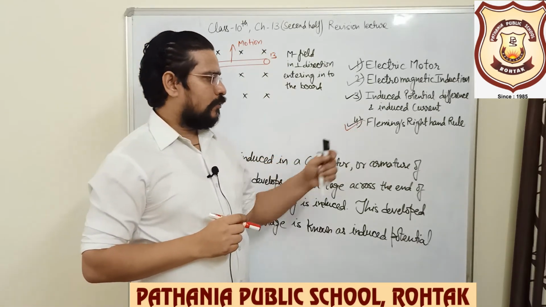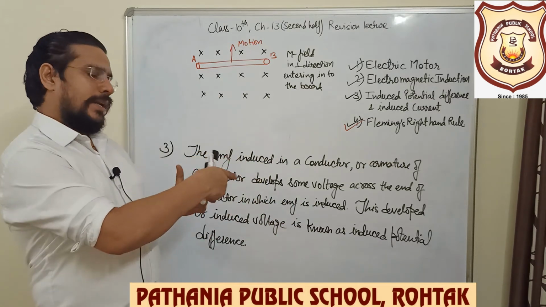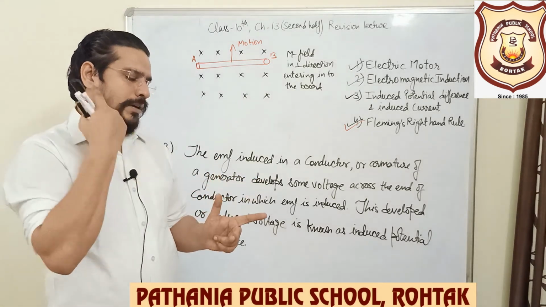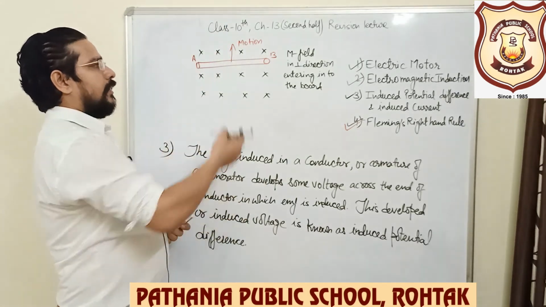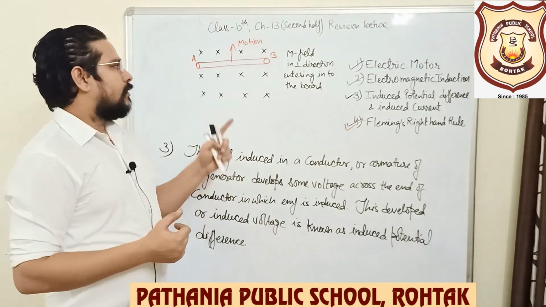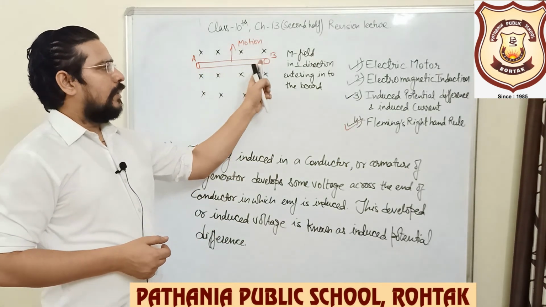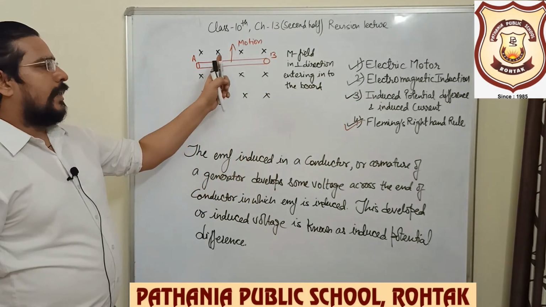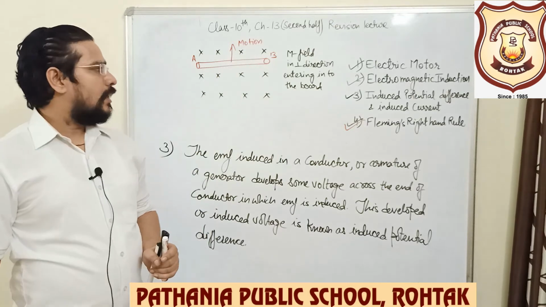Now what is Fleming right hand rule? As we know that Fleming left hand rule we applied when we are supplying the current, we are applying the magnetic field, then for finding the direction of force which is working on the conductor. Now we are applying the force, we are doing the motion of the conductor, we are moving the conductor in magnetic field, and magnetic field also we are applying. So an EMF will be induced and potential difference will develop across the ends of a conductor, as I discussed with you in electromagnetic induction and induced potential difference.